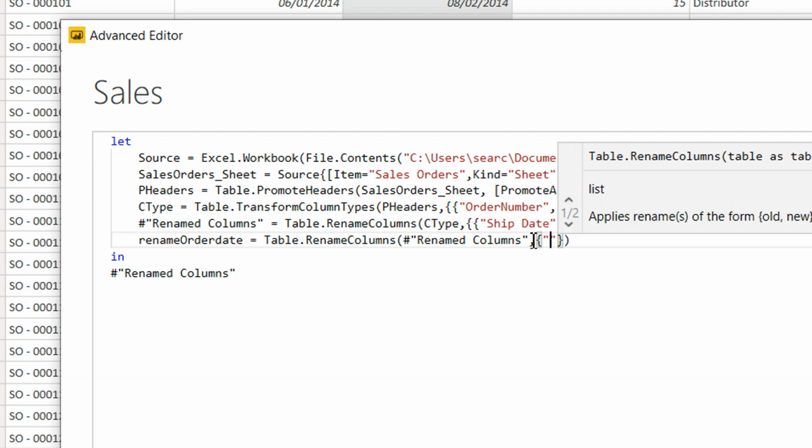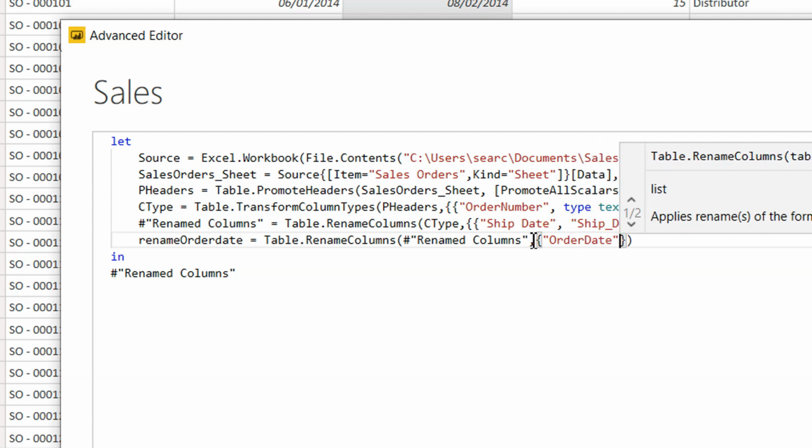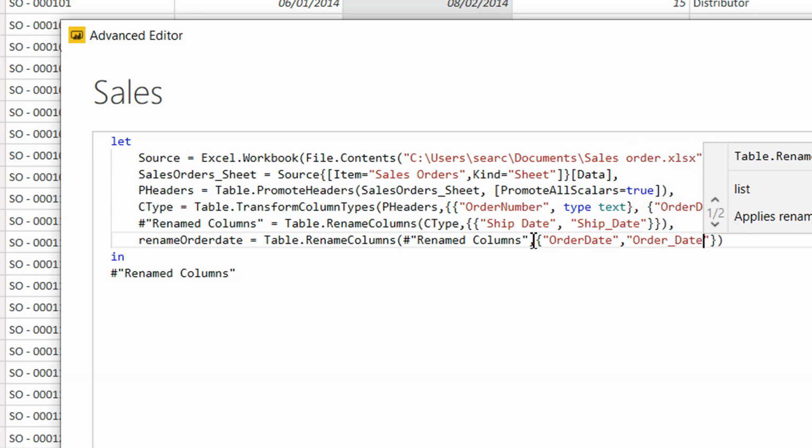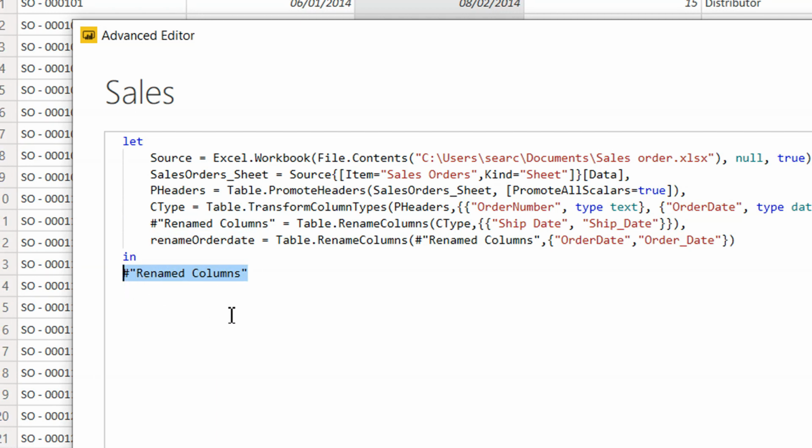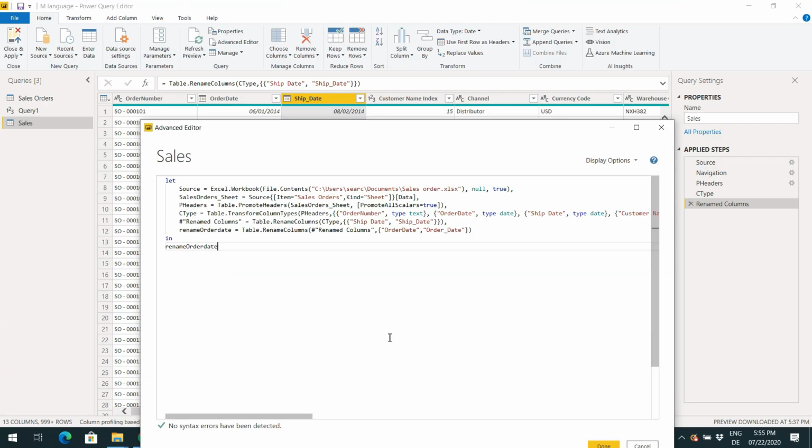This is Order Date, and the new name will be Order_Date. That's it. And now we have to use this new name in the output here. That's it. And you can see no syntax error has been detected. So if I click Done,